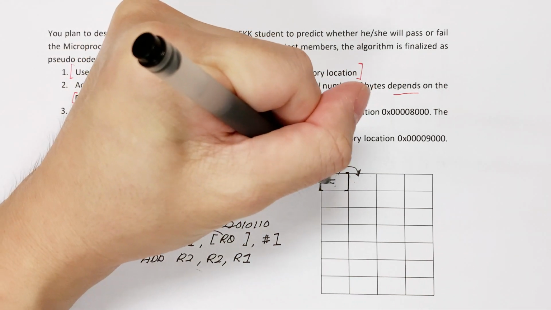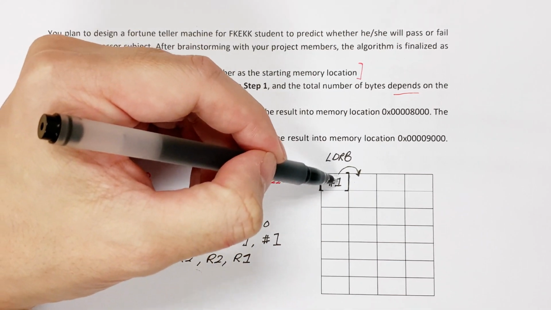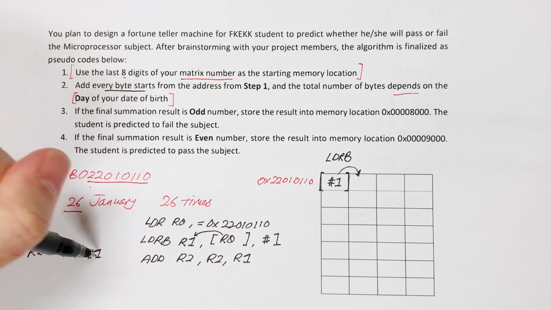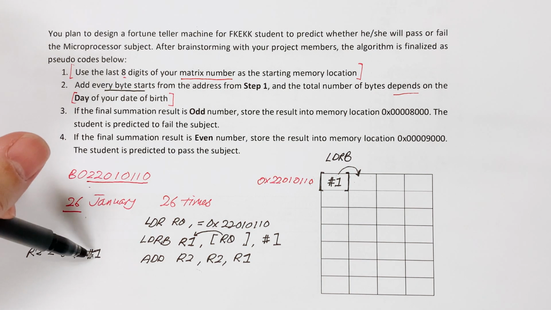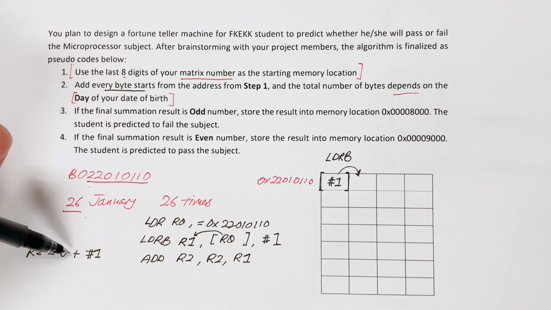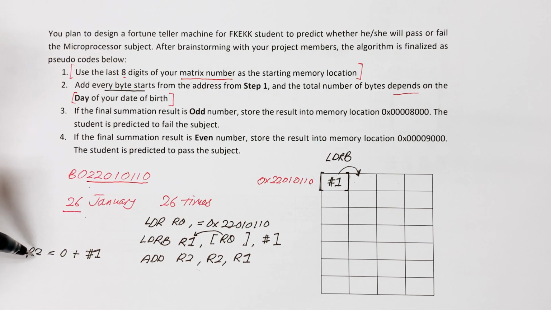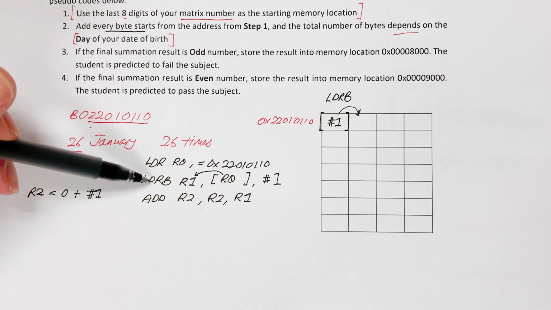Let's say this is byte number 1, and we don't care much about what the value is there. The existing register 2 is added with the value we fetch from this memory location. After you add both, you store back to register 2. And then since we need to do the same process, load and add,